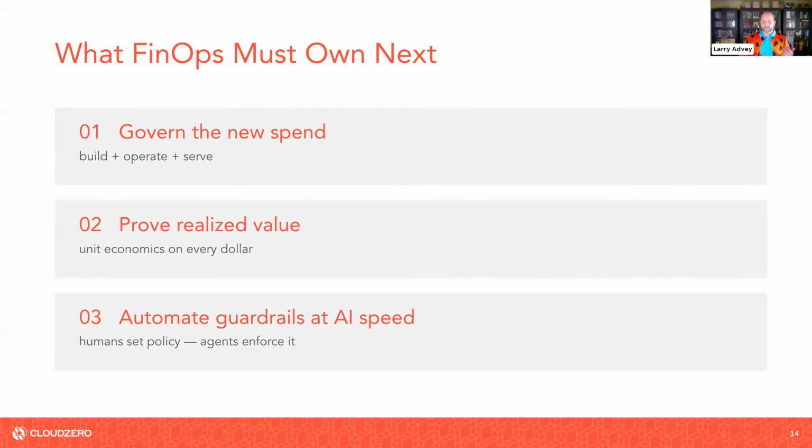And then 3, automation of guardrails at AI speed. So the ideal scenario is humans set the policy, agents enforce it. There are companies out there that are using this information to make real world decisions with their agents. And it's awesome. It's really, really cool stuff they're doing.